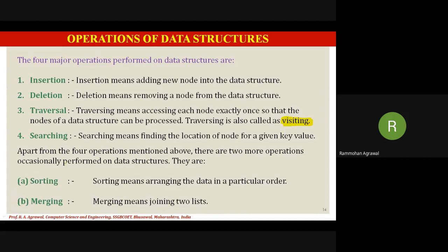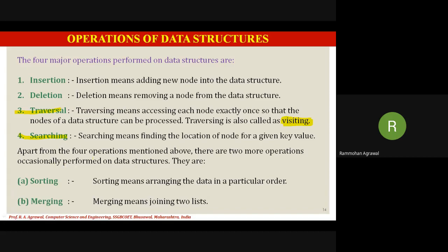How does it differ from searching? In searching, suppose the list has 10 elements and the value you are searching for is present at the second element. At that point, you will just match the value, and the match is found at the second location. It will display a message that the search is successful, element found at position 2, and it will just come out. So this is the important difference between searching and traversal. Once we start with every data structure such as array and linked list, you will understand traversal and searching in much more detail. So don't worry about that.